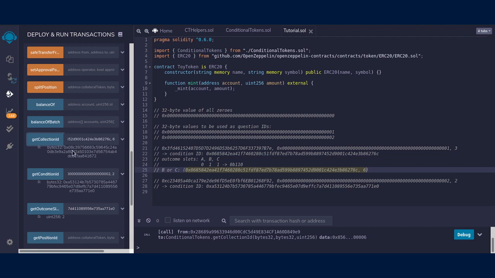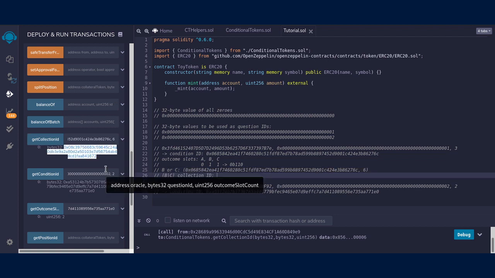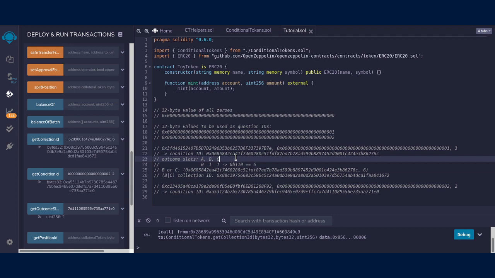Please note that this collection ID is different from the condition ID, and that represents a collection of outcome slots on a specific condition. Let us make note of this collection ID for the future. We may do a similar thing for an outcome collection containing only one outcome slot, for example, the outcome slot